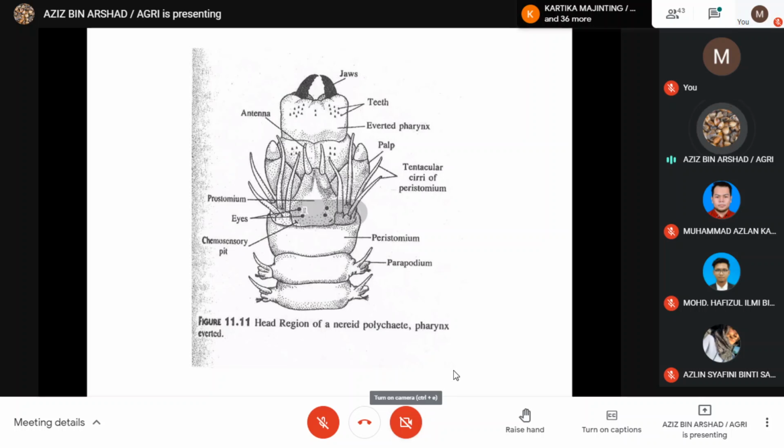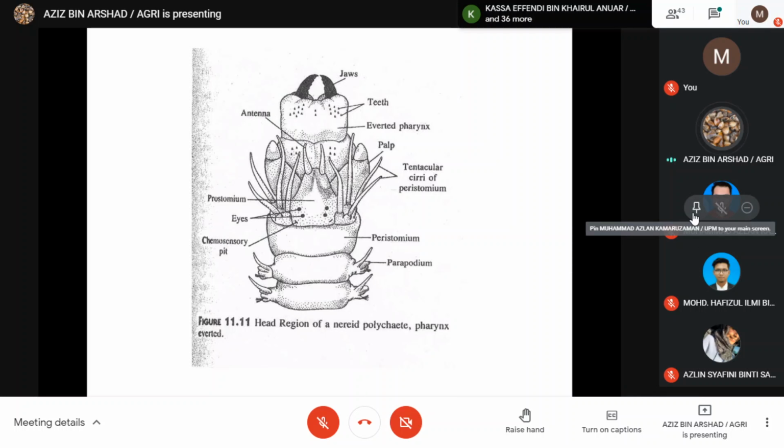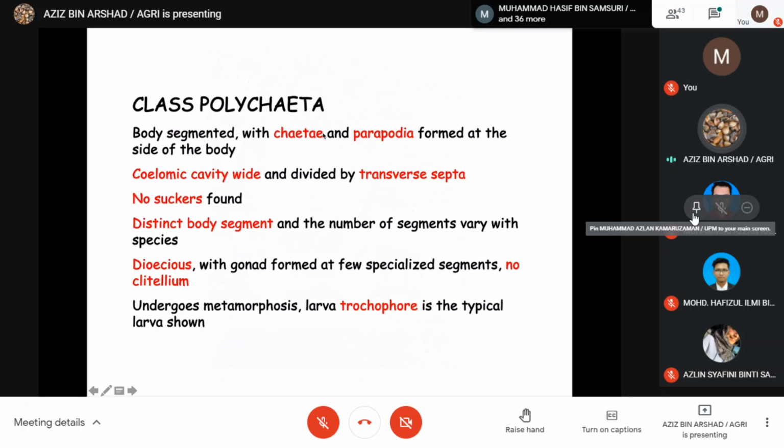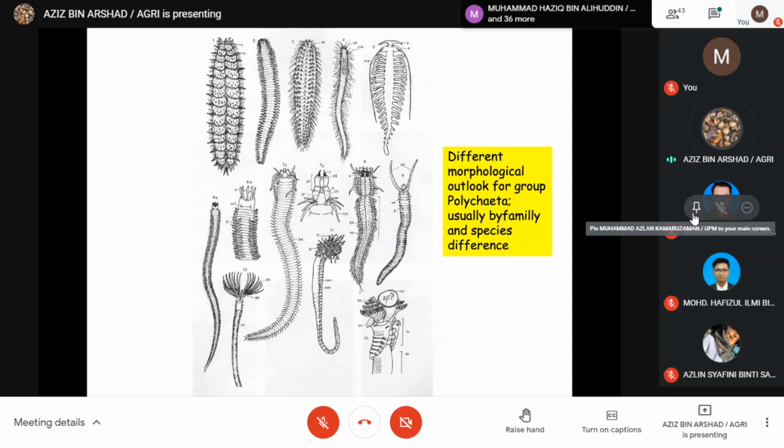This is the head part again of the polychaete worm. And as you can see, this is a bigger zoom picture of the head part. There is a palp or cirri here. Palp is characteristic of the taxonomy as well. The number of tentacular cirri is also the one that you count when you identify the species. Pharynx that can be withdrawn and shot out during the feeding, and also the jaw at the end